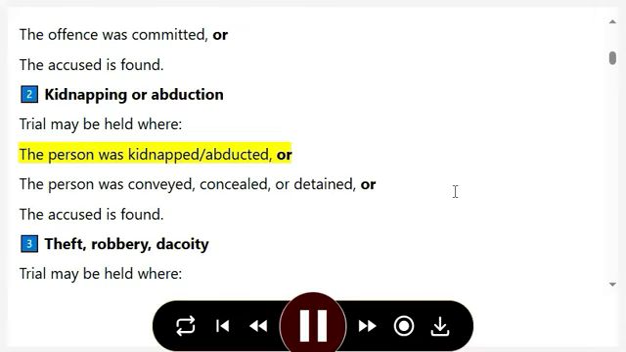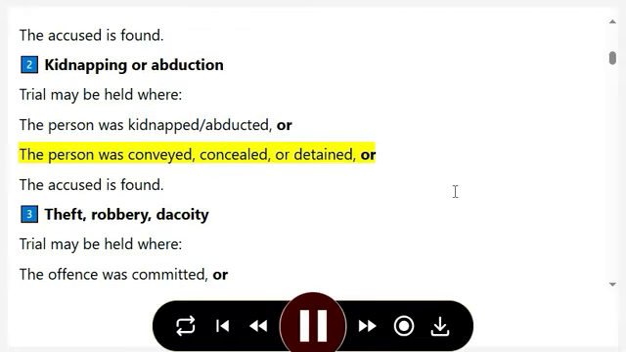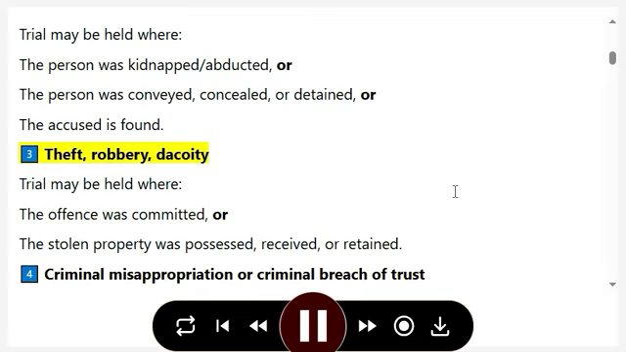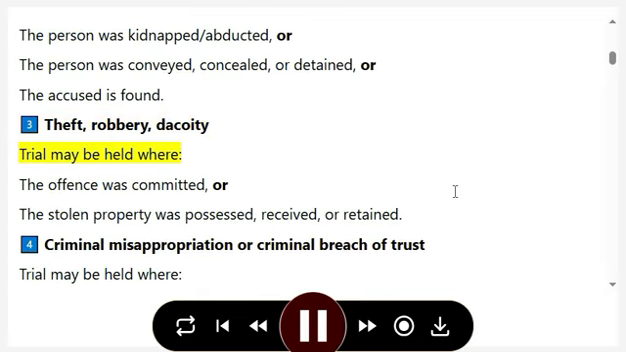Theft, robbery, dacoity: trial may be held where the offense was committed or the stolen property was possessed, received, or retained. Criminal misappropriation or criminal breach of trust: